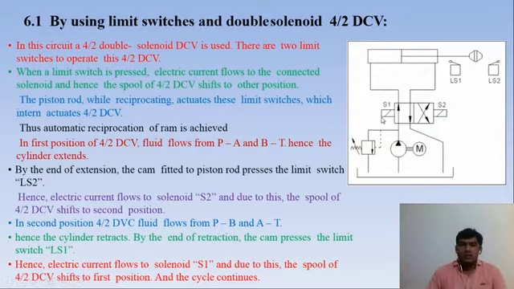So this is the utilization of a double acting cylinder by utilization of a 4 by 2 direction control valve, with 2 limiting switches and solenoids. In the first position, fluid will be passed from the pump to the left hand side, and at the end of the stroke, the spool will touch limiting switch 2, and it will be operated, and the spool will be shifted, and the second position will be created. So this is using limiting switches and a double solenoid 4 by 2 direction control valve.